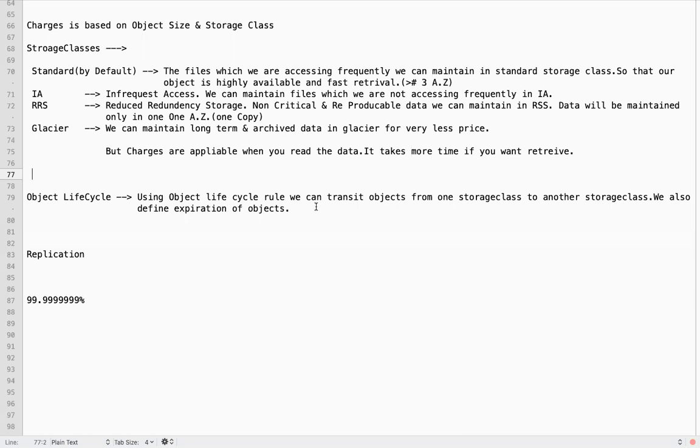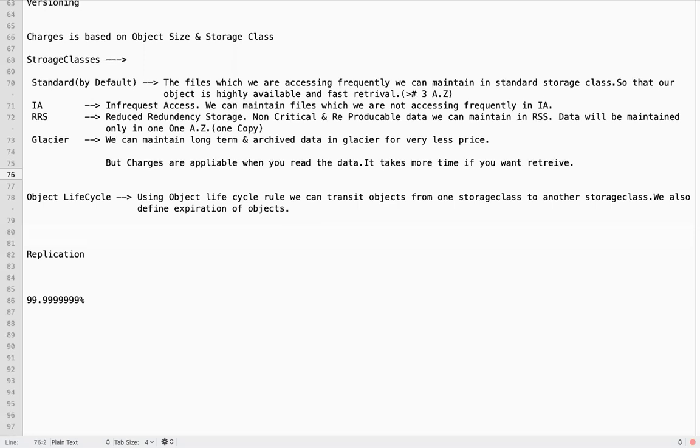If your application uses an S3 bucket and you have to delete the objects which are 1 year old and transition your objects, then you can define an object life cycle rule.